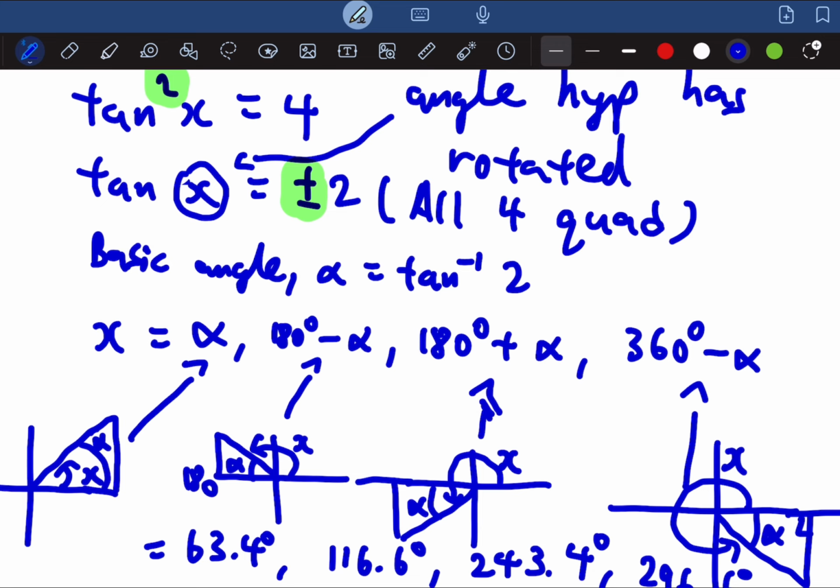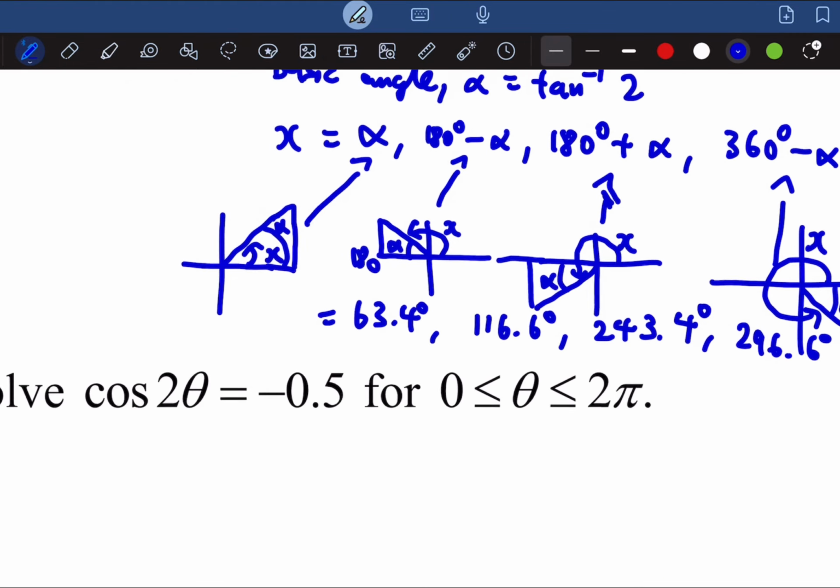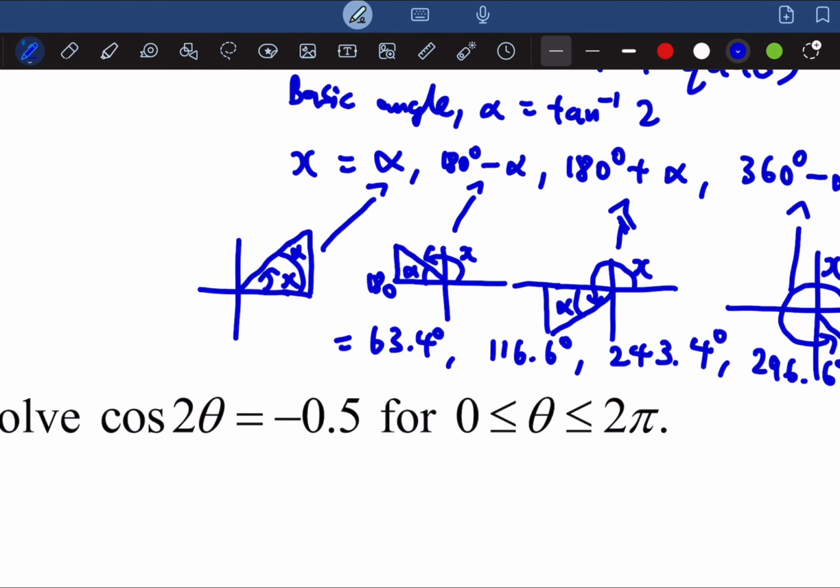So please be very mindful. Okay, that is how we should be thinking. It's not as simple as solving a normal equation in elementary math. So looking at the next one, okay,